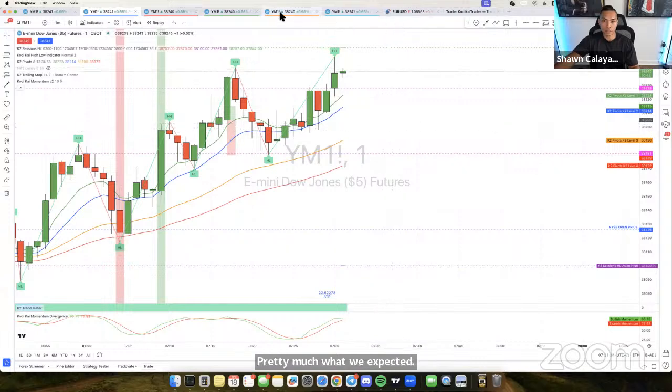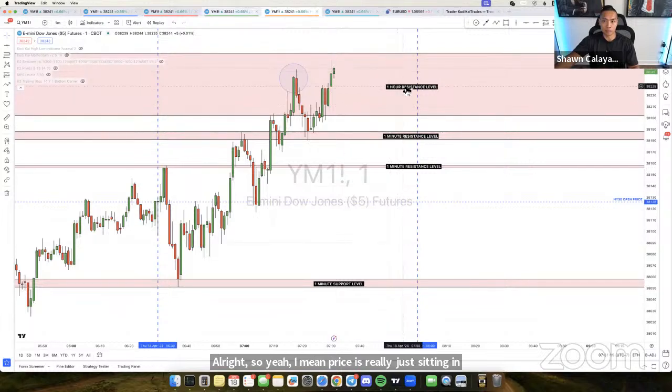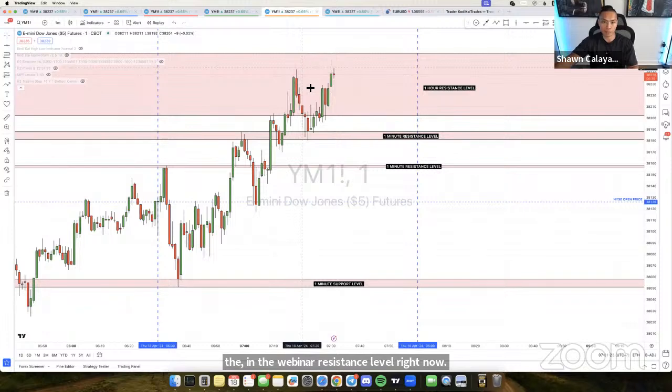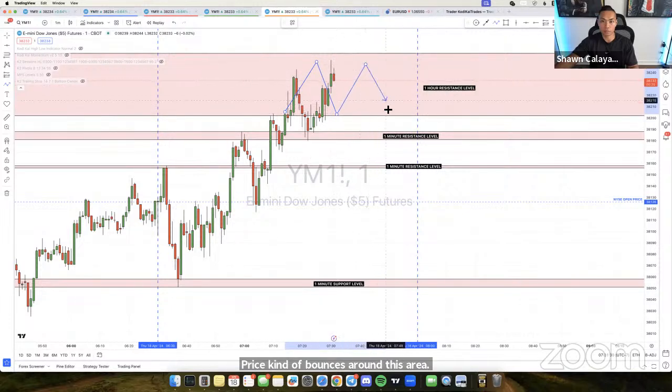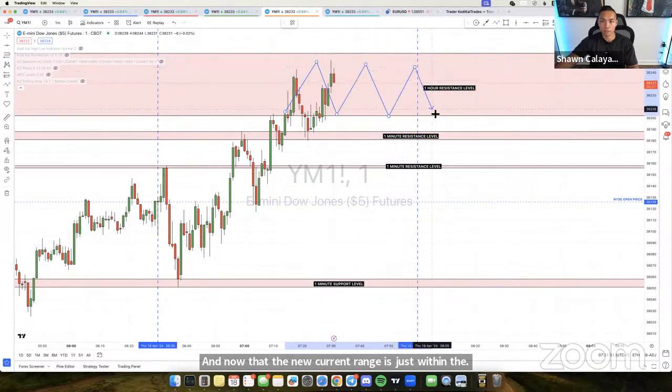All right, so price is really just sitting in the 1 hour resistance level right now. You guys can kind of see where the bounces happen. Price kind of bounces around this area. And now the new current range is just within the 1 hour resistance level. The problem with this here is that